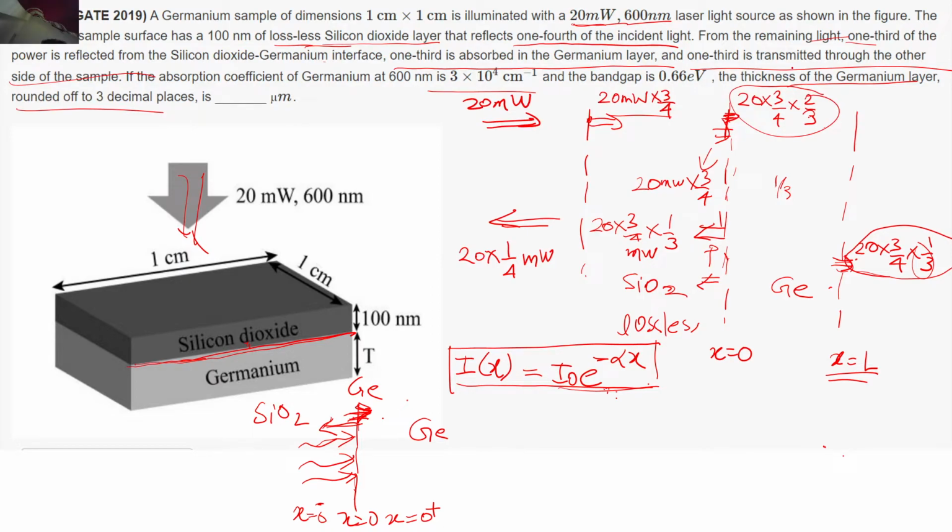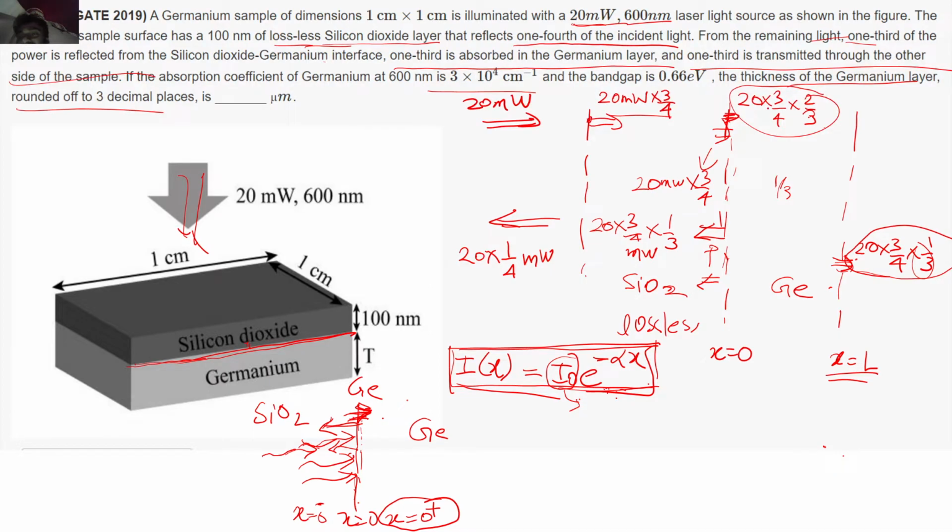So what I want to tell you guys is that the power at x is equal to 0 plus, that is just on the right side of the interface, I have to calculate this value, and then and only then I can use this formula. If you tell me that whatever power I am getting from SiO2 to the germanium, if I use that power as my I naught, then this is not going to be correct, because this formula is not taking into account any reflections that will happen from the interface. So the best way to solve this question is just to calculate this value of I naught just on the right hand side of this boundary x is equal to 0, right? And we have calculated it.